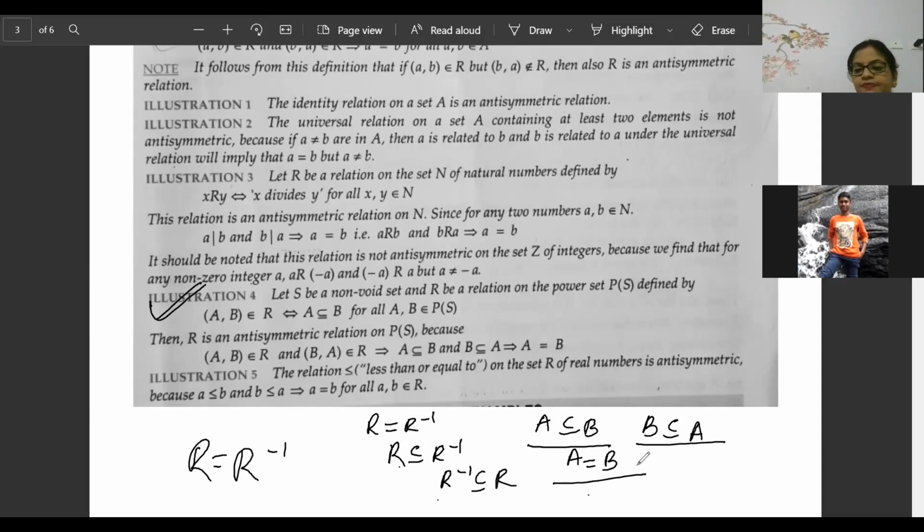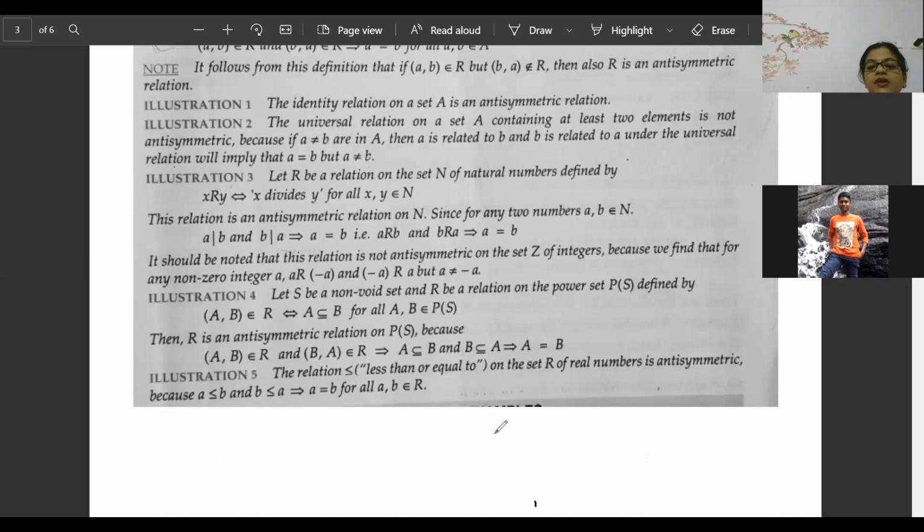Understood, everyone? So it will be antisymmetric. Be very careful for antisymmetric. Antisymmetric will not be satisfied by many conditions. Some conditions are there where it is satisfying. So you have to remember these points. But a less than type also, if A is less than B, A is less than B, B is less than A, then A will be equal to B.